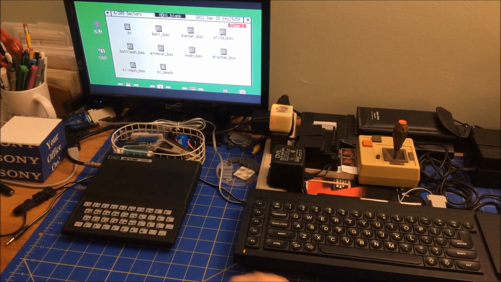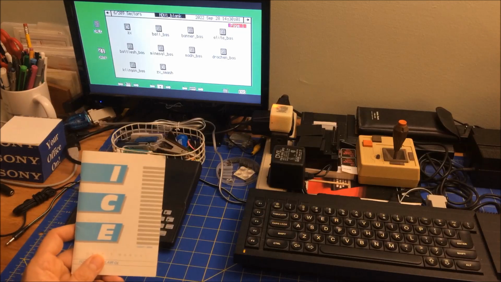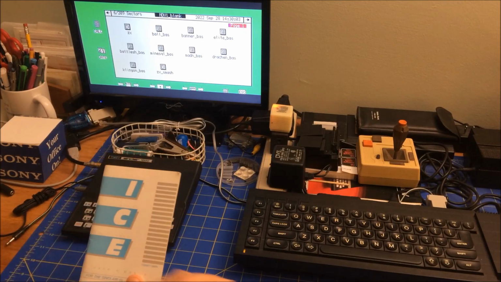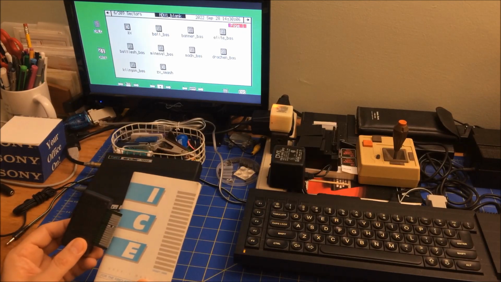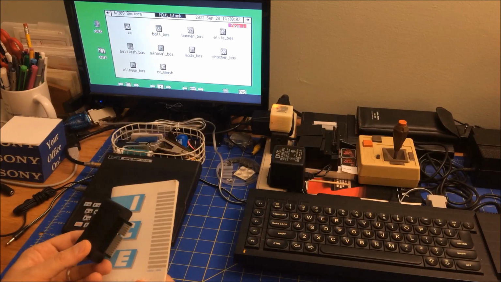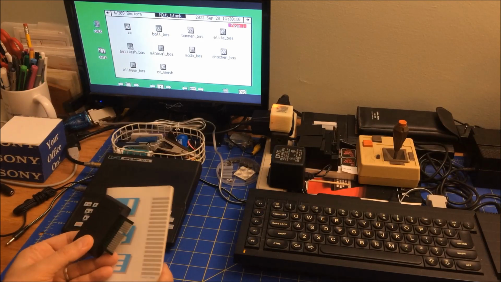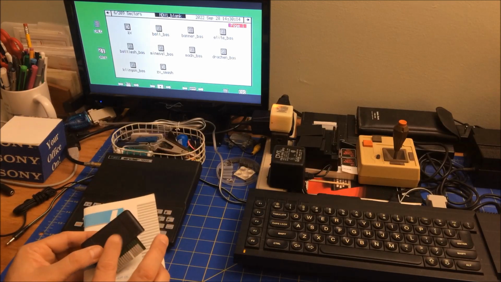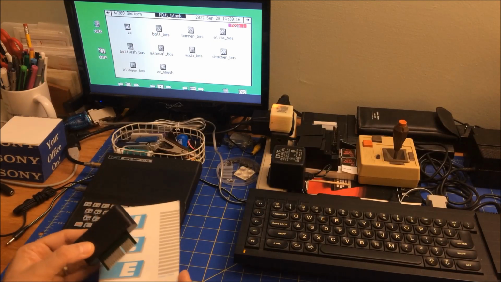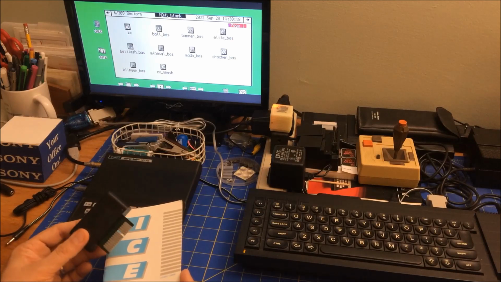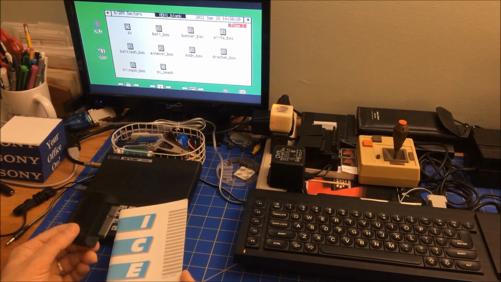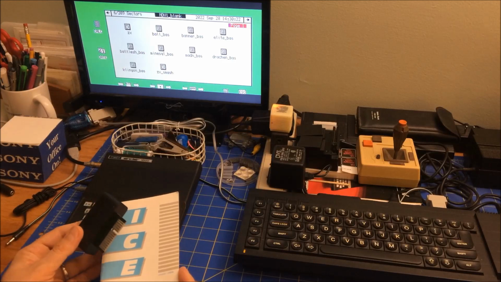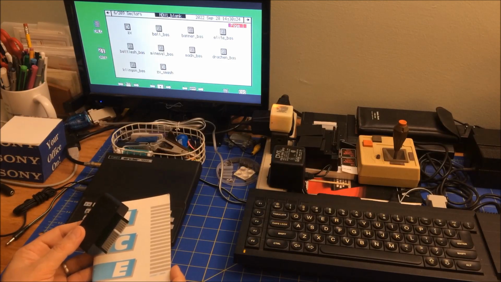It came with a manual, as well as on a cartridge like this. It's just a small ROM cartridge with a small EPROM chip in there, and I have spare ones that I can actually program if I want to. I think on this one I have Toolkit 2, which is a nice extension to the QL's